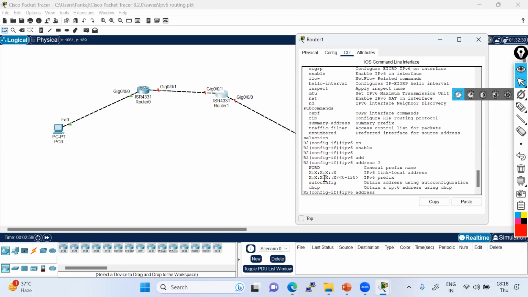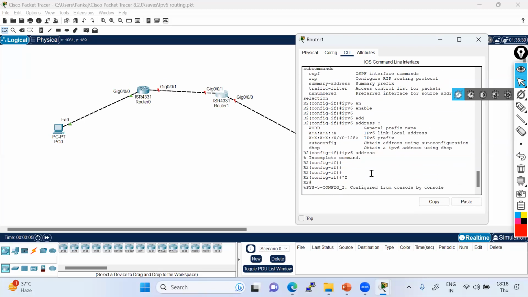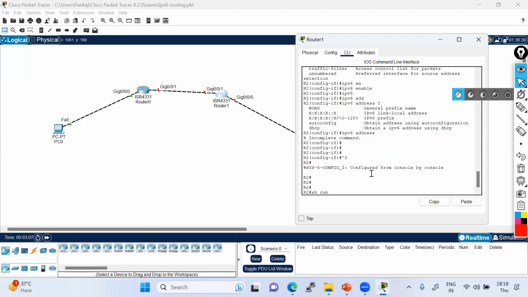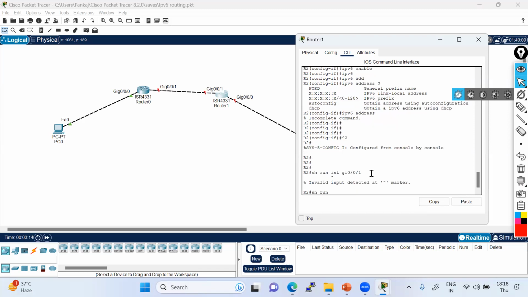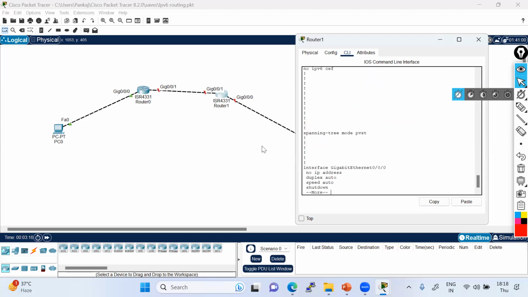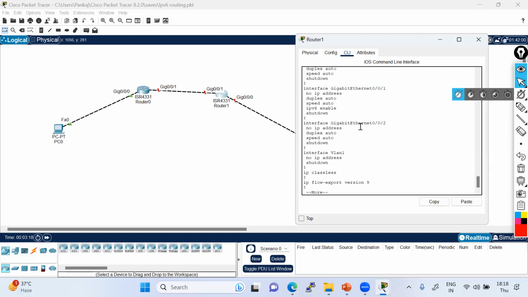So there are a lot of options. We can define the link local address, which is on the interface by default. So let me show you. Once I enable IPv6, and I run show run interface gig 0/0/1, it is not going to run. So let me just run it this way. So this 0/0/1, it is not showing link local for the time being, but it should be visible. Let me try to configure it.